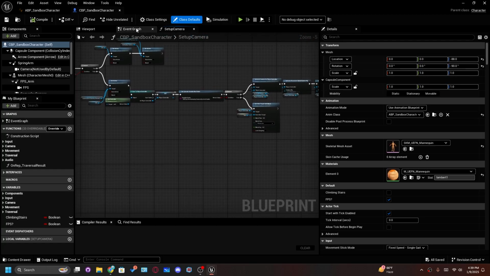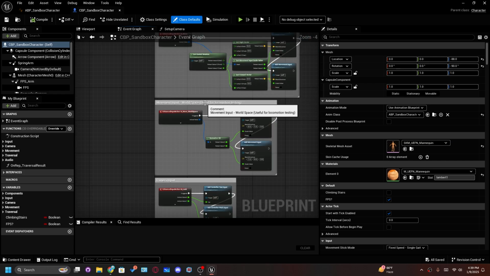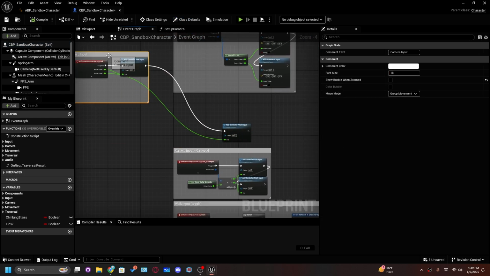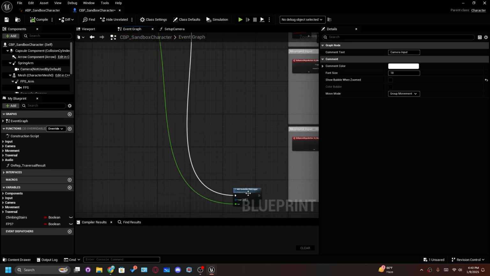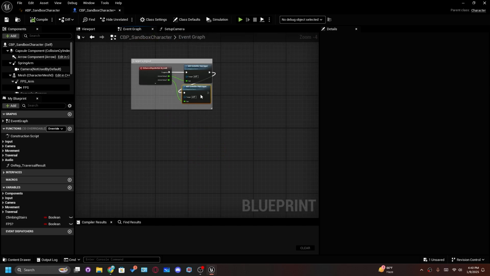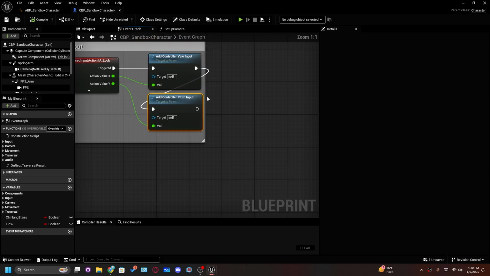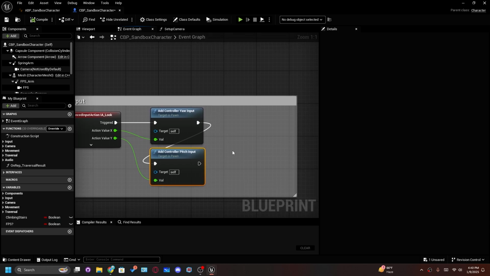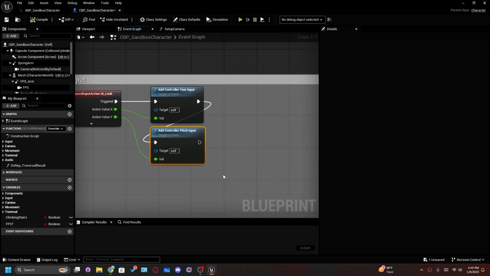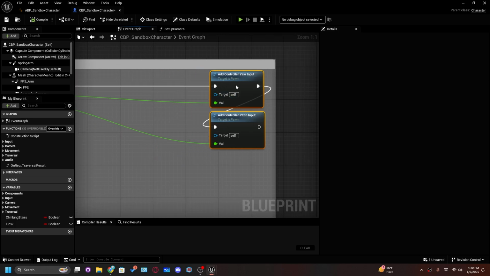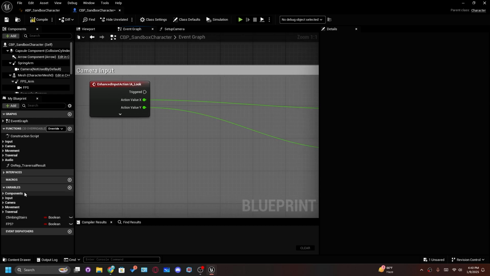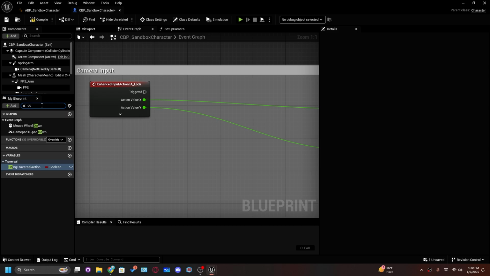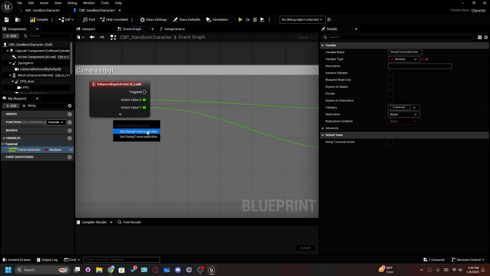So in here, in event graph, grab your look camera input function. Move this. And in here we're going to grab doing traversal action, grab this, make a branch,